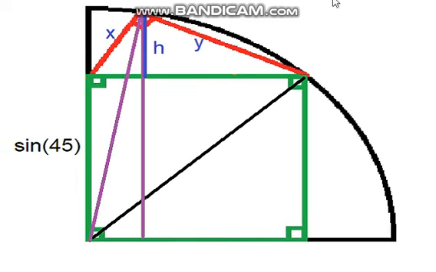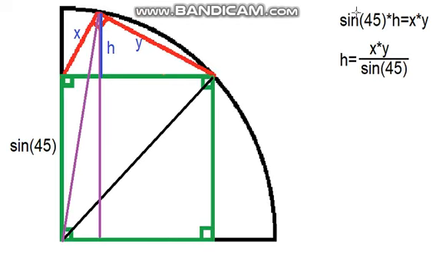Okay, let's go next. We'll draw the height here. And let's note one interesting thing. This is the same radius, which equals 1. It means if we know this side and this height side, plus sine 45, we will be able to make another equation. Sine 45, this side, times this little h, equals x times y. They both will be equal to the area of this triangle twice, this quadrangle, right? It means dividing both sides by